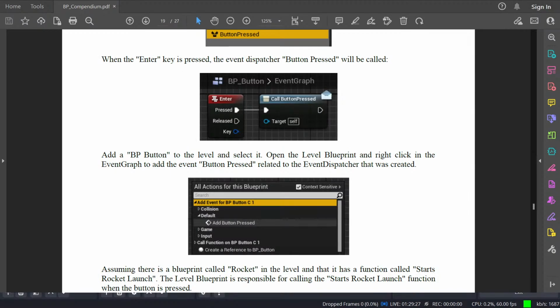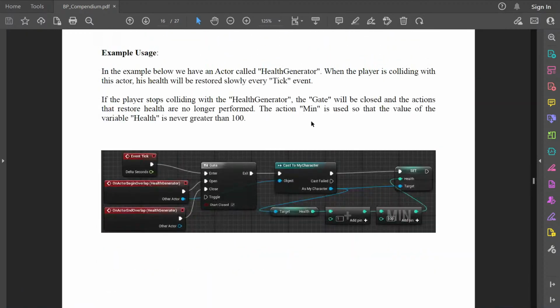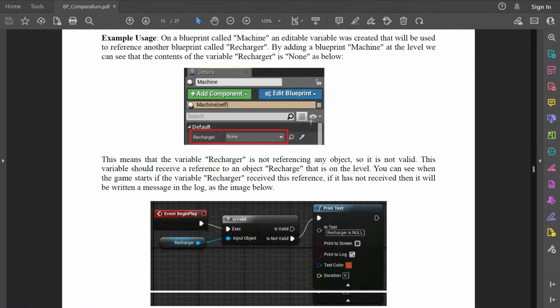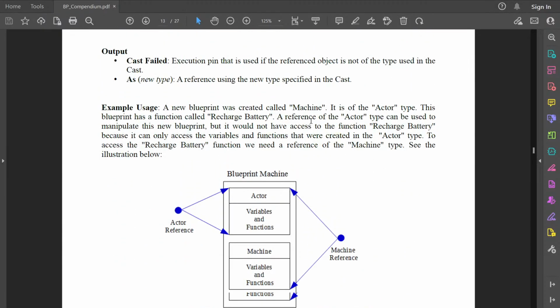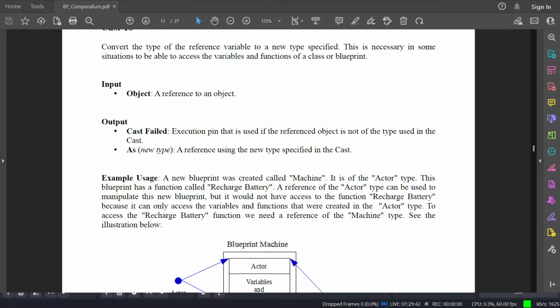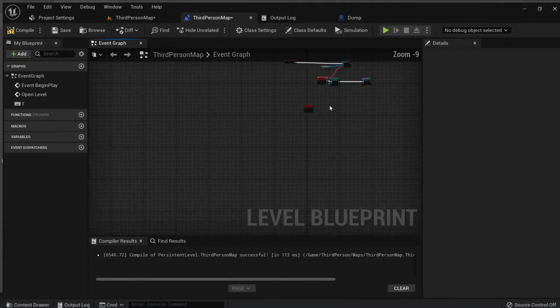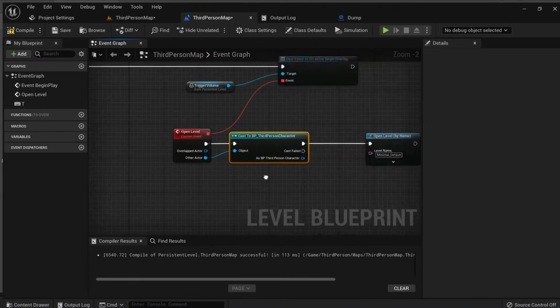Okay, I'll just explain the earlier stuff as fast as possible. It's very easy. These things are nothing but flow controls and stuff. So let's go for casting. If you guys remember, I just casted in our blueprint a couple of minutes ago. Here, casting. So basically, what casting does is it